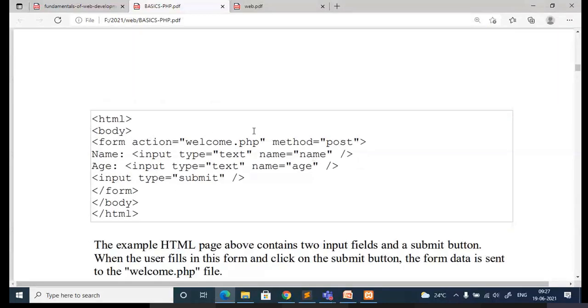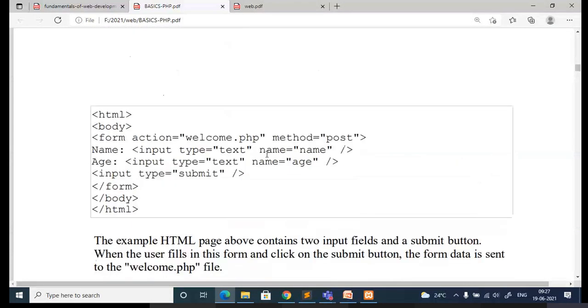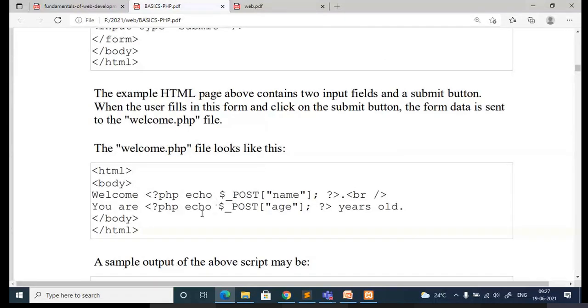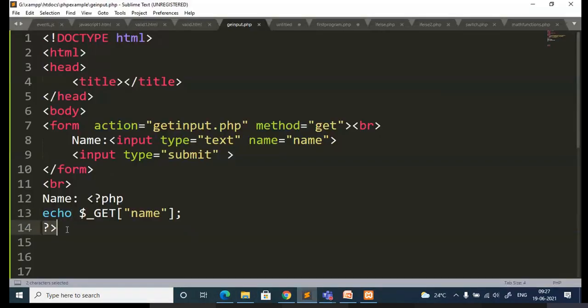So this is the program I have created, and this is the statement I have used. I have not closed the tag. This tag is closed.